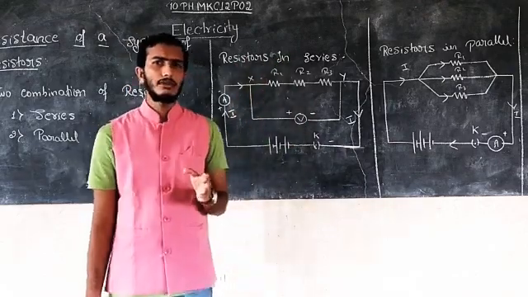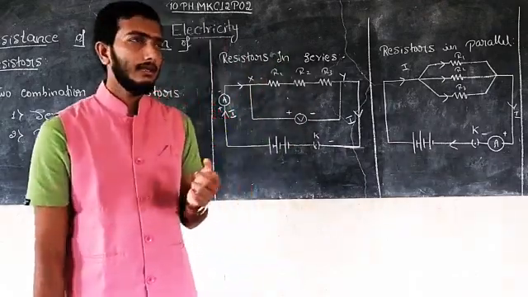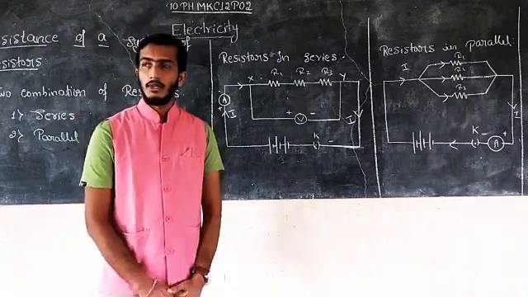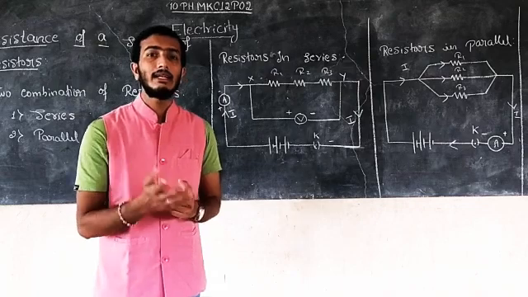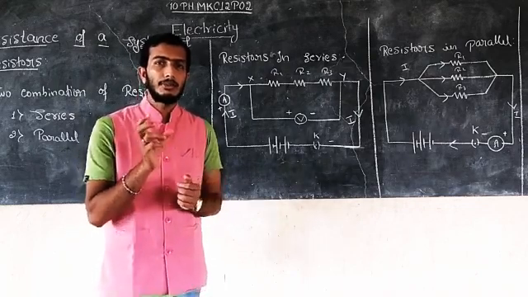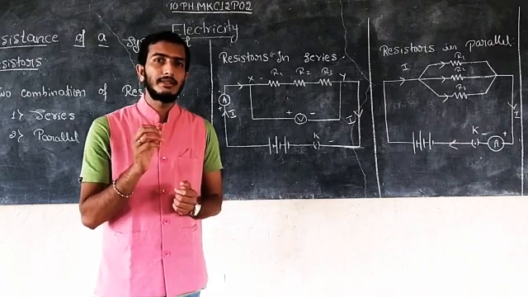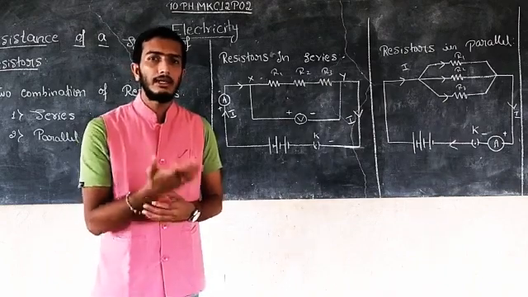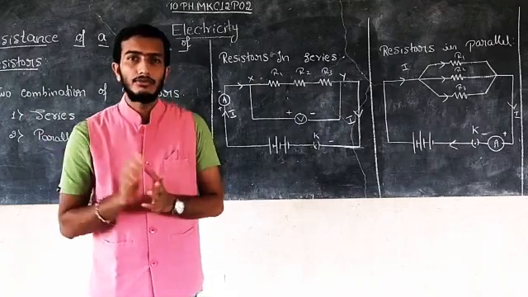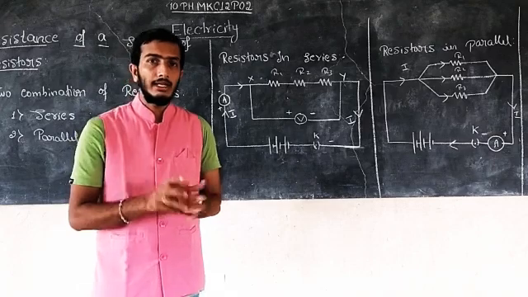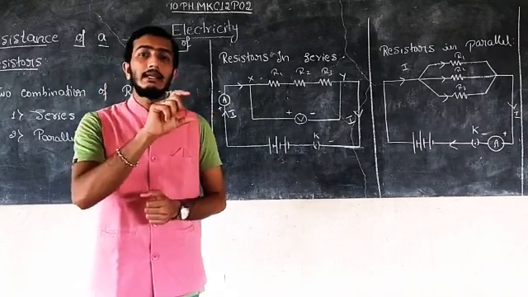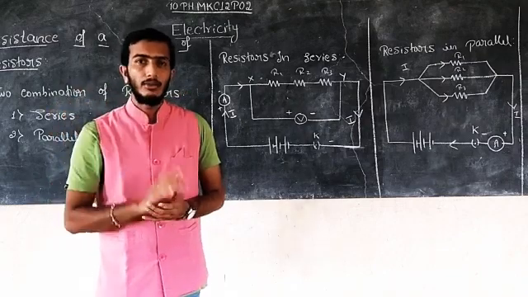The main use of resistors in series can be seen in roadside street lights. We fix street lights in different places in one area, with bulbs placed on different poles. But one common switch is given to all four or seven bulbs. That means the bulbs are connected in series, and the switch is only one.